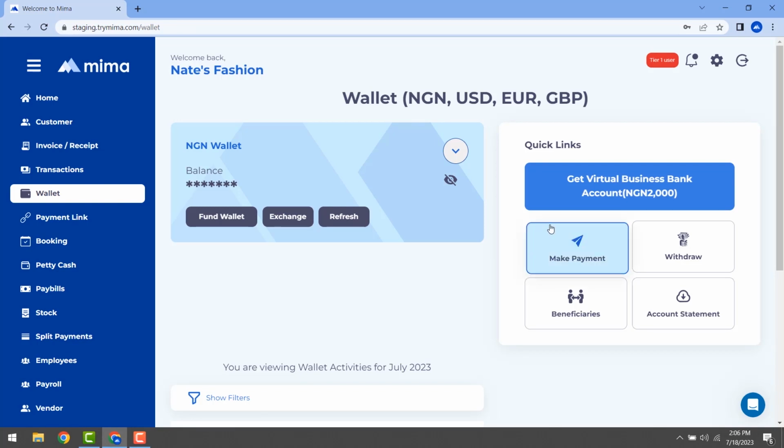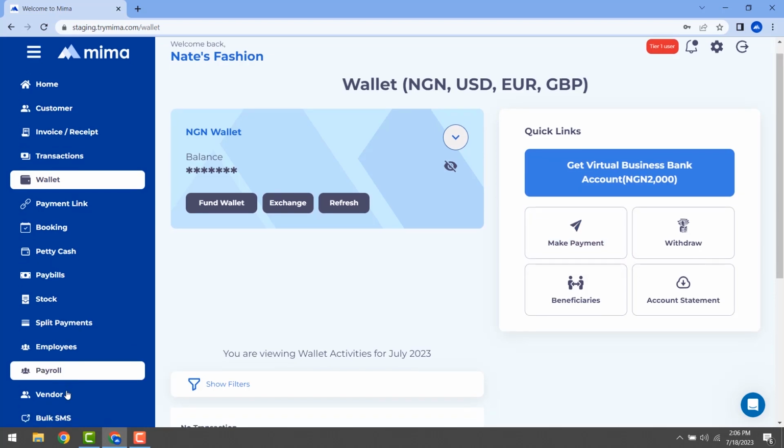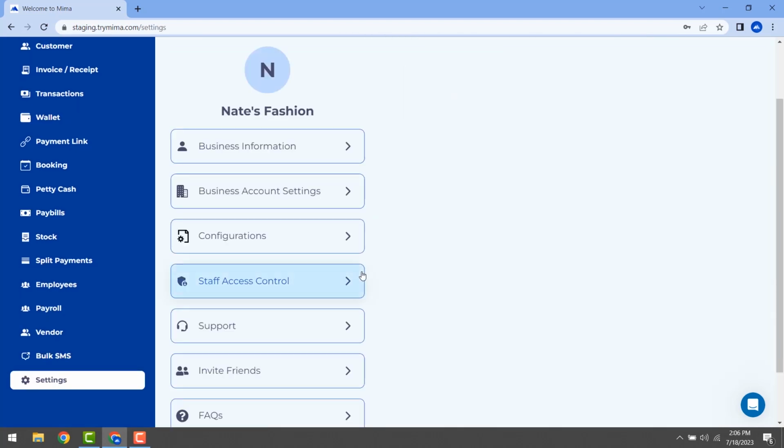Being a tier 2 user means that we have been able to verify your BVN information and to know that you are actually who you say you are. This is for security reasons, to protect the business and to protect you, the user, from fraudulent entities. So the first thing we will do to make that possible is to go and upgrade this business to a tier 2 user. So I'll go to my settings page, and once I go to my settings page,